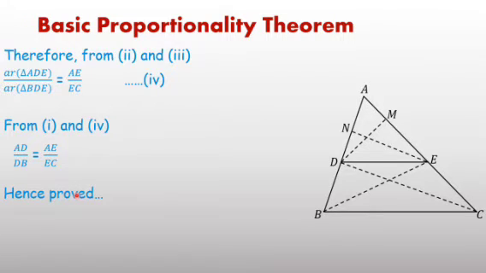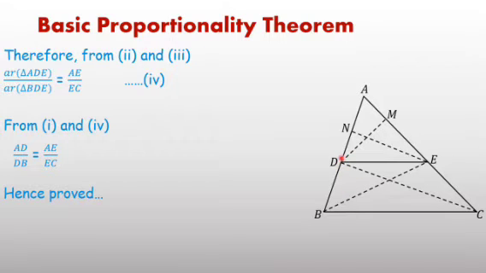Just in the proof, again I want to tell you as revision. There are three steps. Step first, you will take area of ADE upon area of BDE, find the ratio. You will get AD upon DB. Second step, AC is divided in two parts, AE and EC. On both sides, with common vertex D, there are triangles ADE and CDE. Again, write the ratio. Second equation.